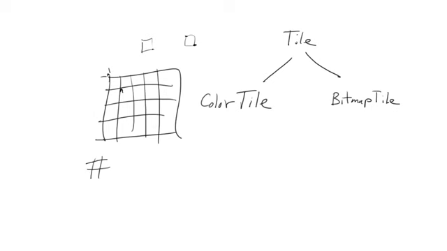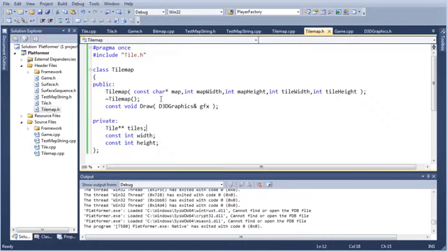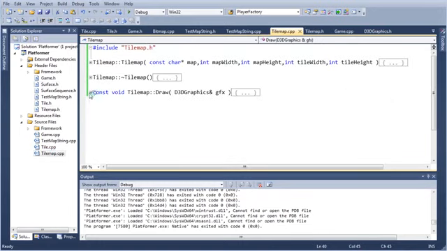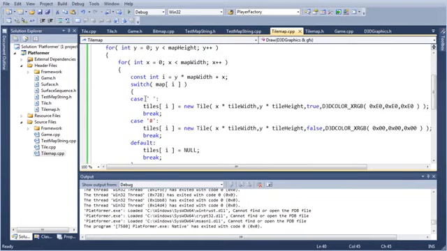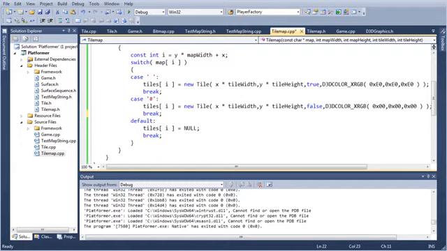Where is it? Platformer. So in tile map here, you might keep this one and this one, but you might add a new case for a different kind of tile. Let's say you add a new case. I'm giving you already too much here, but you'll have to add new cases in here for your new types of tiles. But you shouldn't have to change anything else in this class.